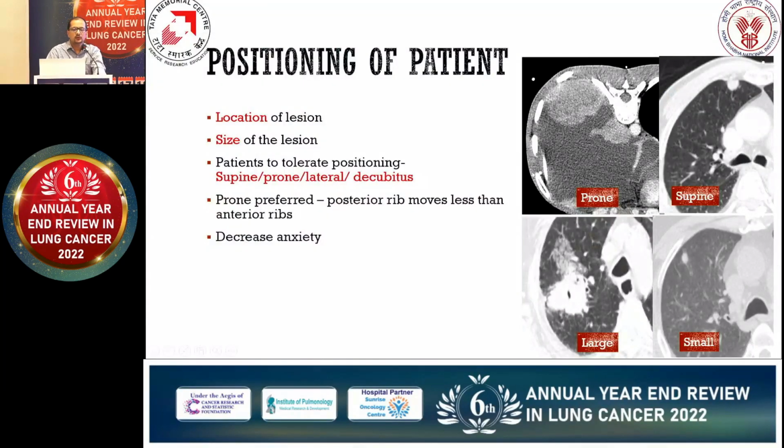Coming on to another thing, what positioning of the patient do we require while doing a biopsy? Whenever the lesion is located anteriorly, obviously your choice would be an anterior approach. Regarding size of the lesion, anything above 8 millimeters needs to undergo biopsy. The patient needs to tolerate and understand which positioning is used, and needs to be in it for at least